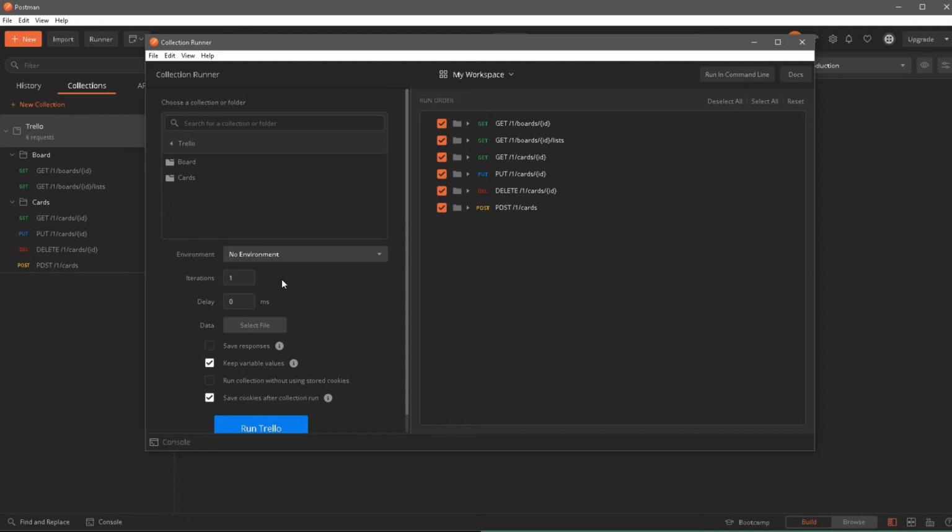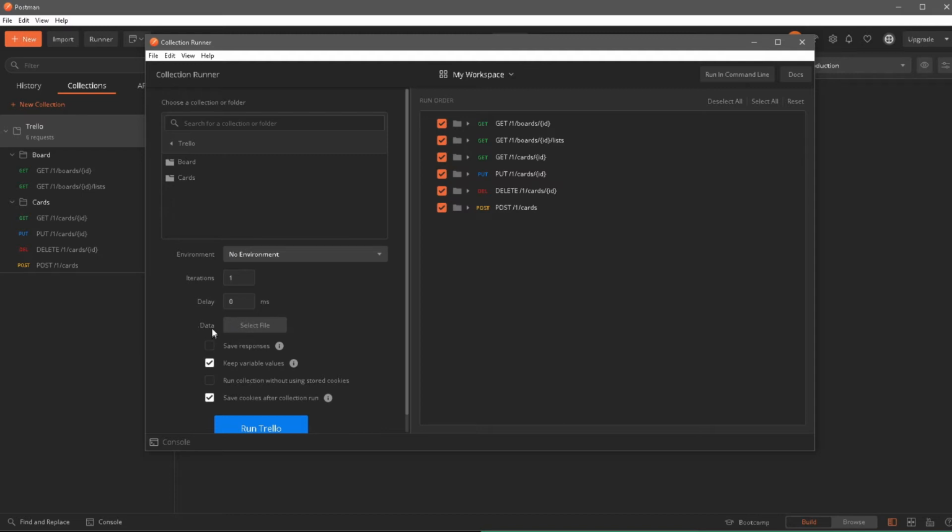Now this is useful, let's say if you're trying to get into a little bit of performance testing and you want to try to replicate a real user scenario. So you would probably see that, okay, you're going to hit these endpoints, wait a few seconds, and then hit all these endpoints again. And you can do that using Postman.